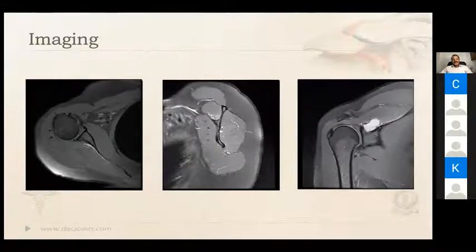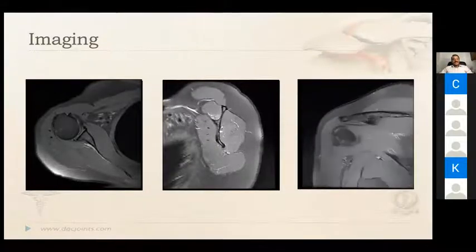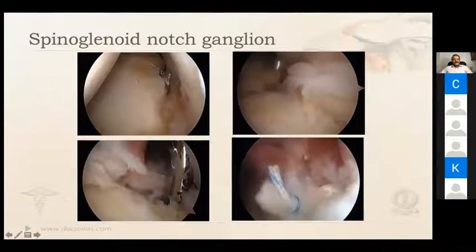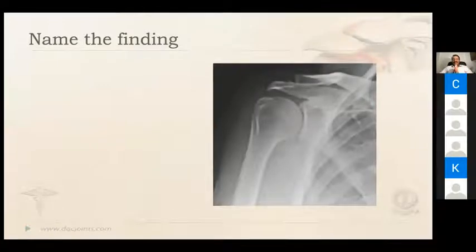The treatment is an arthroscopic decompression, which you are viewing from the anterior superior portal, and that is the posterior aspect where the cyst is being decompressed. You can see the globules from inside the cyst coming out, and the labrum is repaired so that the cyst does not happen again. And the patient is almost immediately happy. So this was the sign you were talking about. What is this finding?